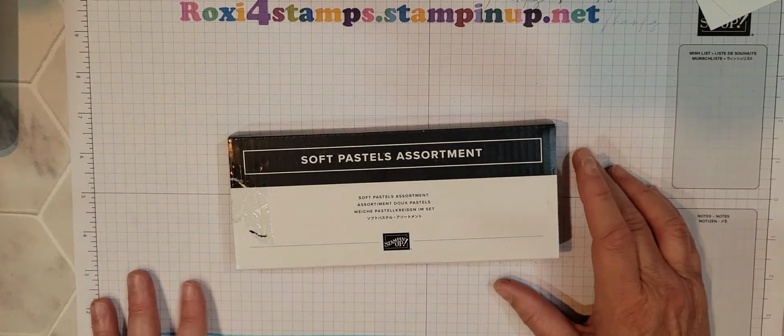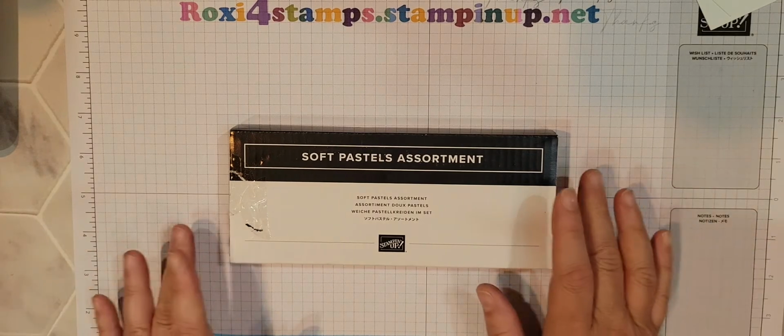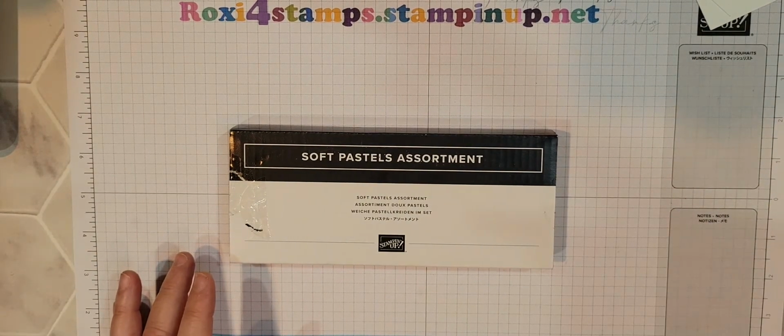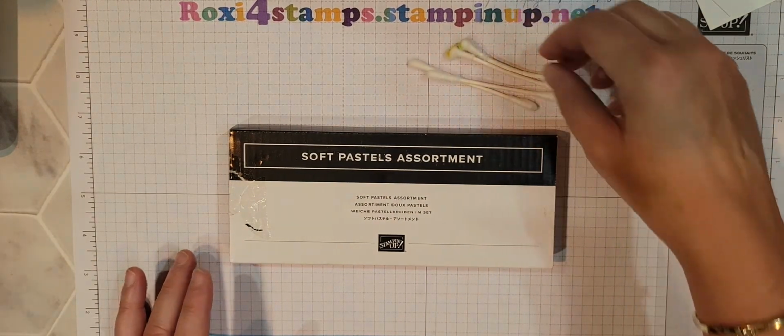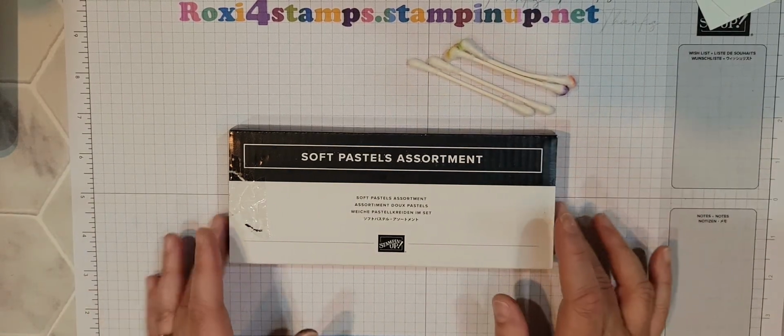Many, many different ways you can color with the pastels, but I am just going to show you one quick way that all of you might be able to use right now, because most everyone has Q-tips. Now, I have very few Q-tips. My daughter is